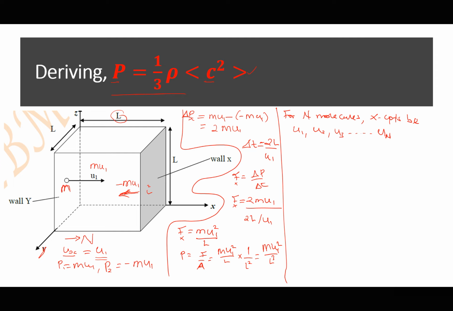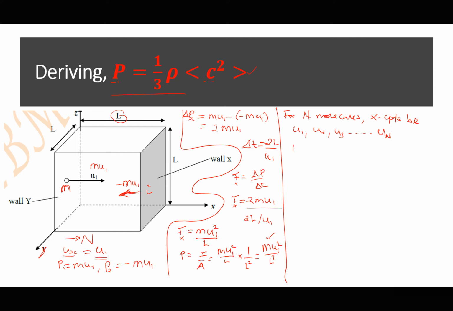But remember, for one molecule, the pressure exerted in the x is that. That means for each molecule, the pressure exerted by each molecule in the x direction will have a similar expression. So the pressure exerted by a molecule whose x component is u2 will simply be m u2 squared over L cubed. The pressure exerted by a molecule whose component in the x is u3 will be m u3 squared over L cubed. That means the total pressure exerted in the x direction or on the wall X by all n molecules